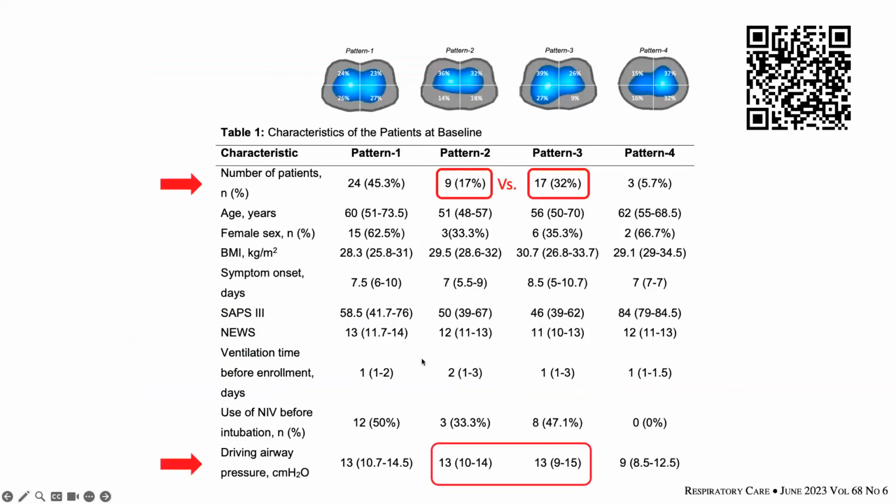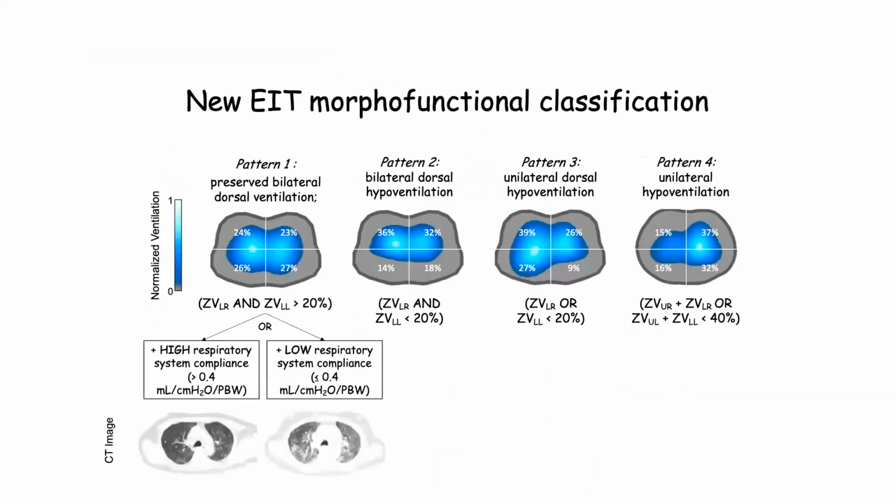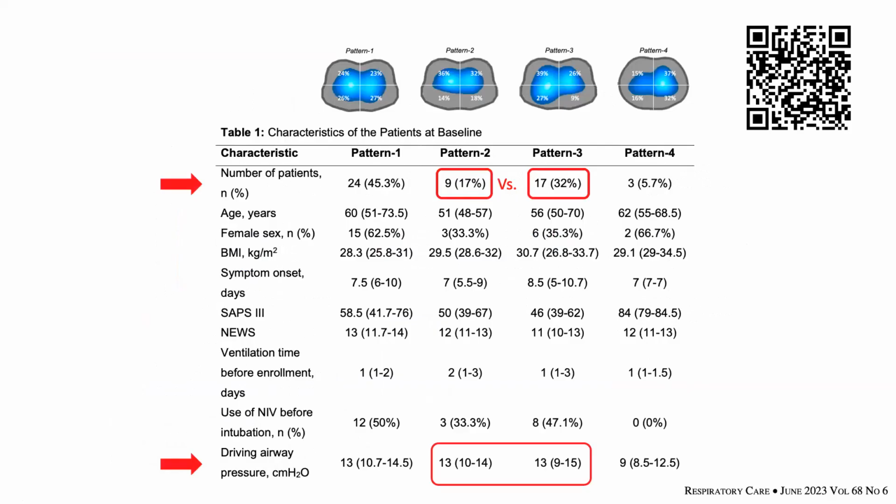What is interesting to see is that global respiratory parameters, such as respiratory compliance, are not sensitive to detect this change in respiratory regional function. And for instance, driving pressure looks protective in those two cases, but we have two different patients. And we may feel comfortable having a driving pressure lower than 14 in a patient like this, but once we